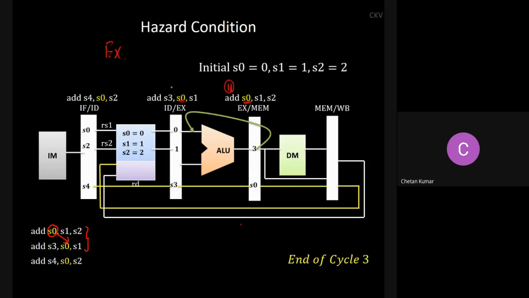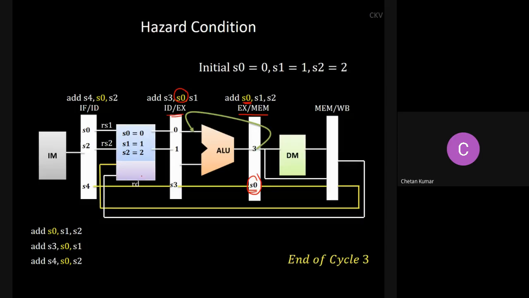So this is your first instruction, this is your second instruction. If the destination here matches with the source here, I should be able to forward. So I should be able to detect that condition. For detecting that condition, which register should I access? Which pipeline register should I access? You know that the destination register, which is there in the RD field, is available here in the X/mem register. But you want to check that with